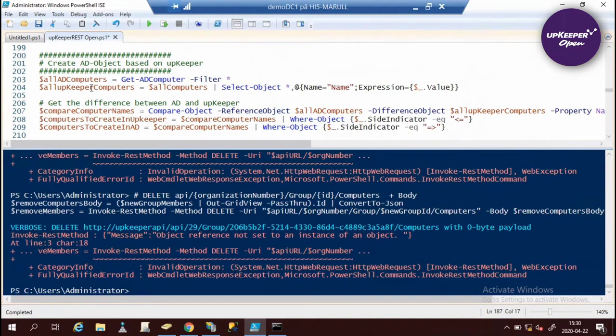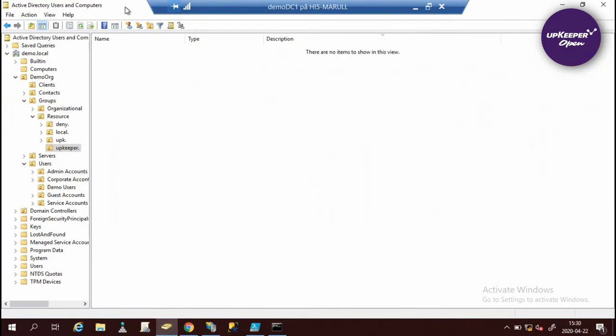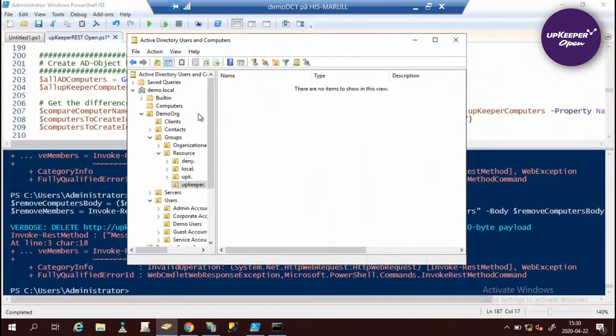If you need to type some information to a system, type it only once and get use of that information. So many of us both type information in AD and we type information in upKeeper. So I want to show you an example of how we can make use of the information we have in upKeeper and get additional information from our Active Directory and then put it back in upKeeper. So we are providing the AD with some information and the AD providing us with some other information to